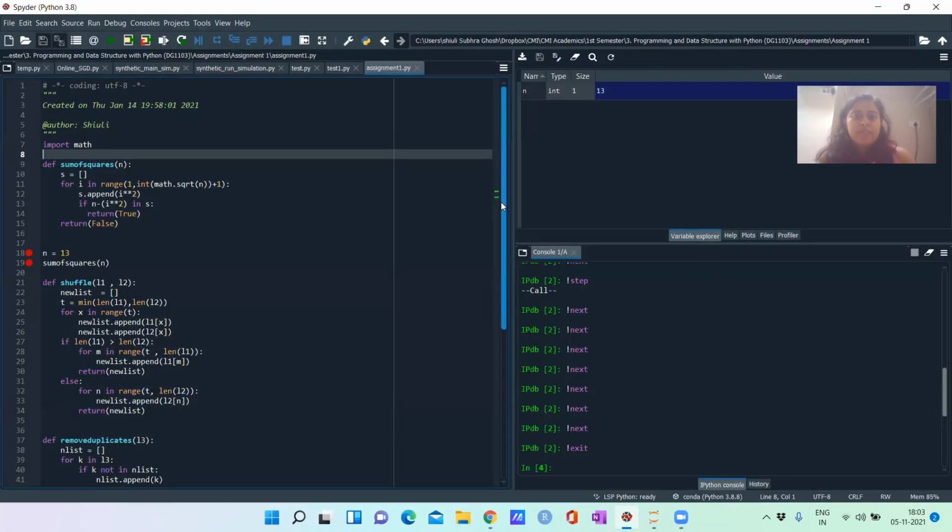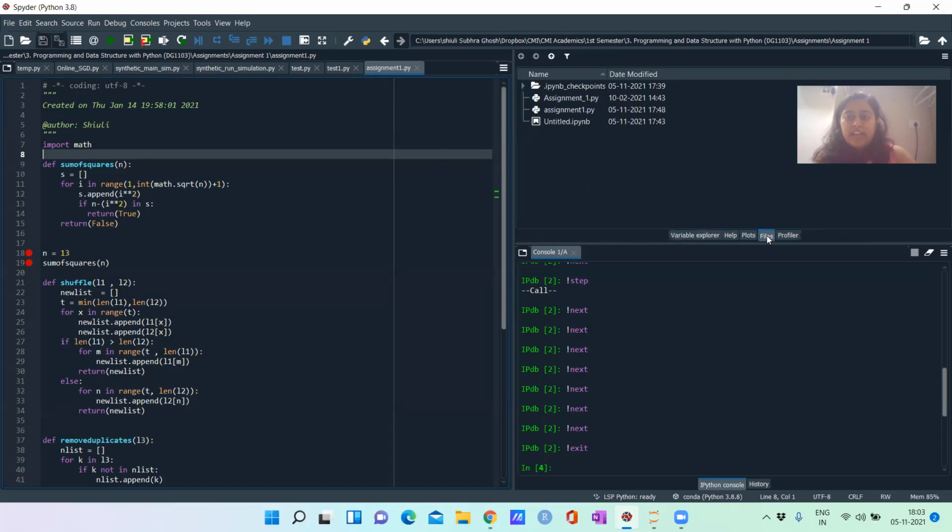If you are familiar with MATLAB or R, this is nearly similar to that. Here we write our code. Here we can check the variable explorer, and help, if you wish to know what some function does. You can also check the plots, and files, meaning the file path, where your script is saved and where you wish to run it.